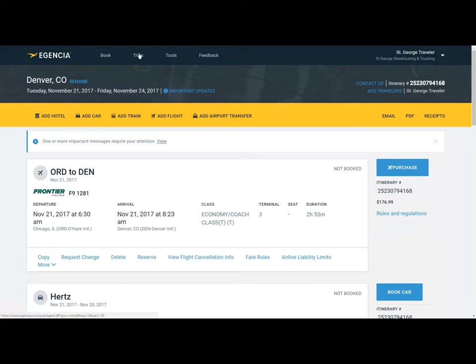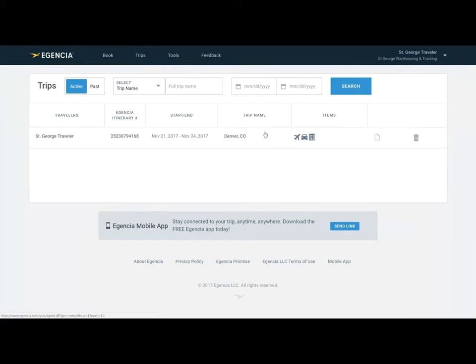So going back up to the top tab, if I click on trips, you will see this is where all of your active and past trips will be stored. So here's the one I just went through. It's just a temporary saved itinerary because I didn't book that. So these icons are grayed out, but normally they would be green if it was booked. And this is a quick link to the receipts instead of actually clicking in and going to where we saw the receipt previously. So I'm going to go back to the home page